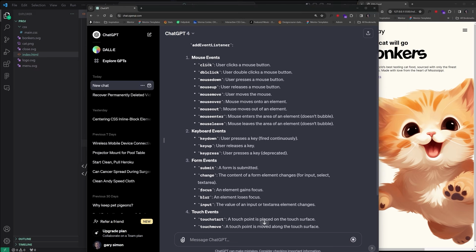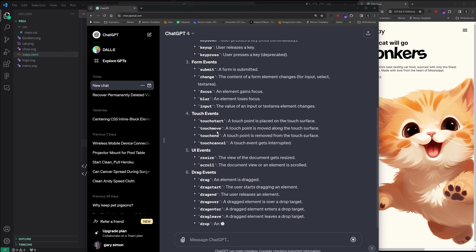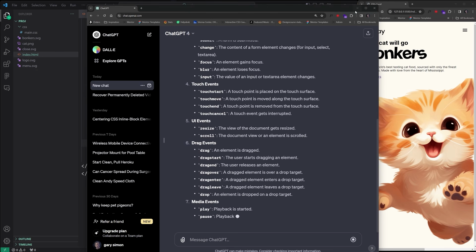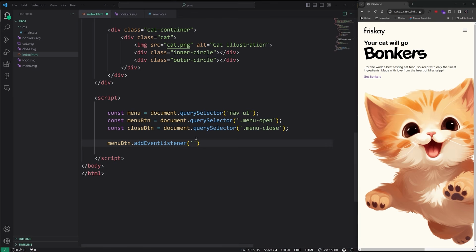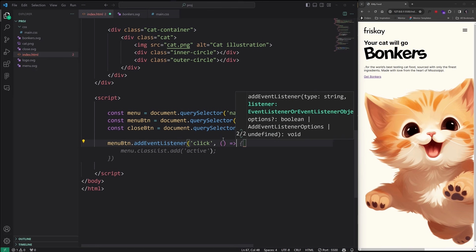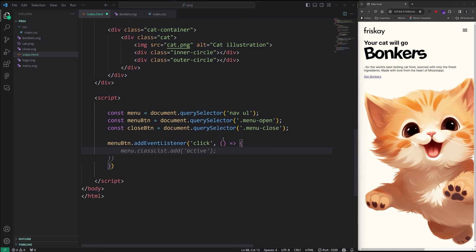So we can choose right here, mouse events: click, double click, mouse down, mouse up. These are all different events that we can listen to. And there's a bunch of it. It is still going. It's awesome. So with that said, we want a click event. And inside of here, the next part, this is called an arrow function,